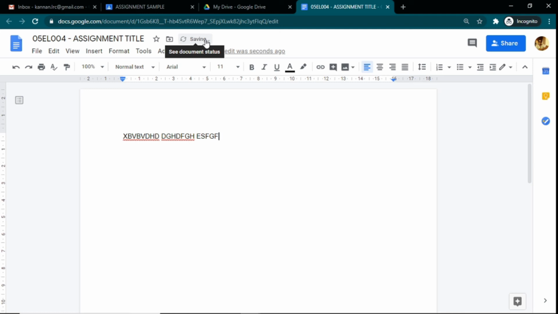Once it is done, you can see parallelly that whenever I type, see, focus on this place here. Whenever you type, Google Docs has an auto save function, meaning unlike in Microsoft Word, you don't have to press Ctrl S every other time, nervously wishing that something might go wrong and then you keep saving it, right? You don't have to do that, at least with Google Docs. Google Docs has an autosave function. It keeps saving, right?